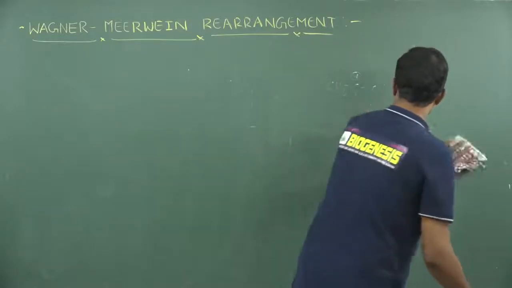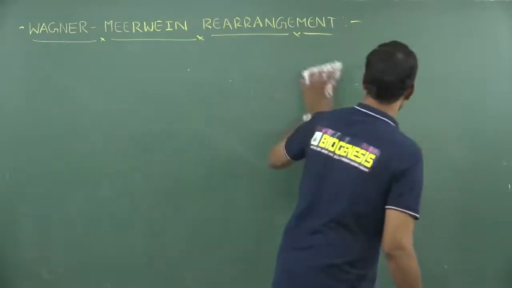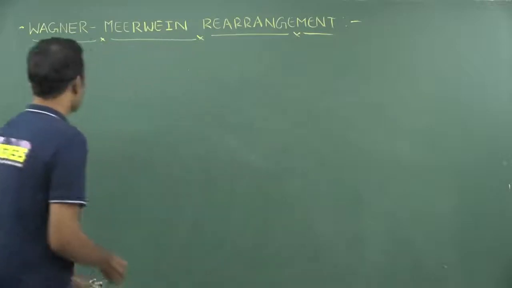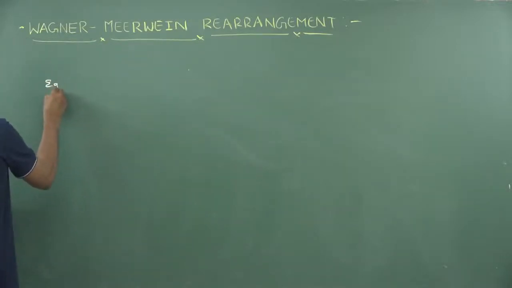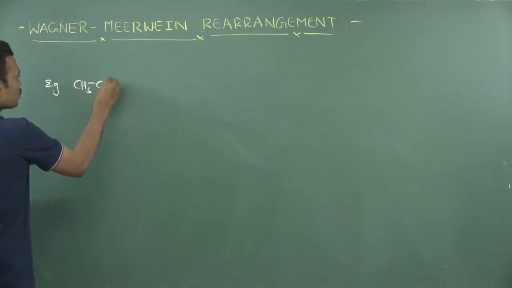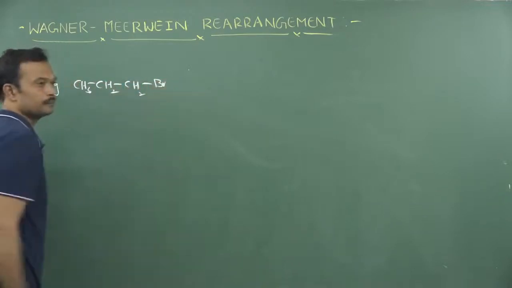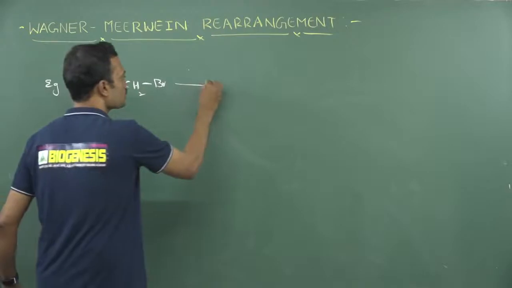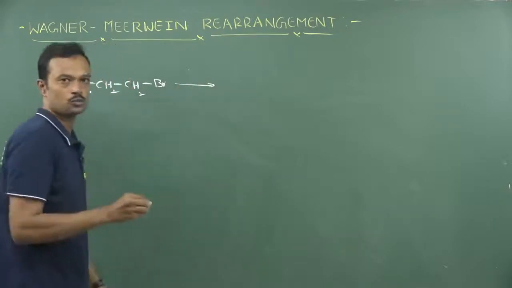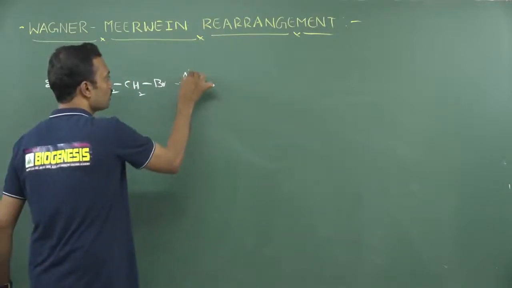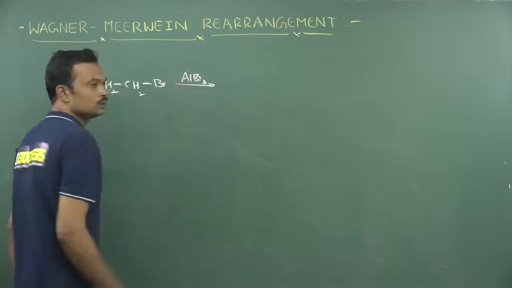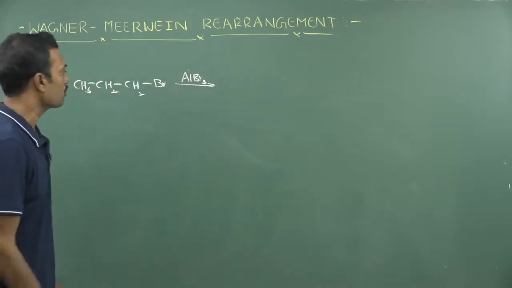The unstable carbocation gets converted to a stable carbocation. That is the primary target in this one. See, you can also expect a selective medium like this. Now I am taking an alkyl halide. Isomeric reactions are also possible in this one. Now I am using aluminium tribromide. So what is the product formation in this one?